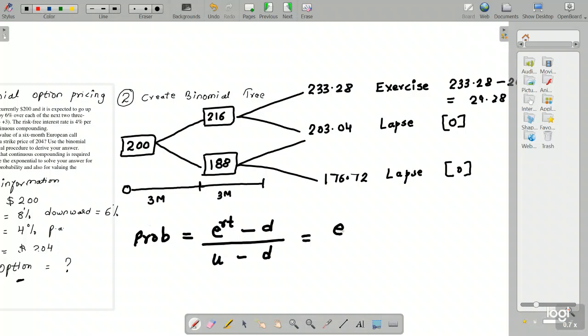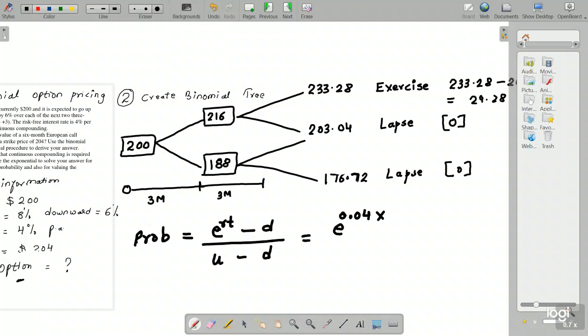So I wrote exponential. What is the rate of return? The risk-free rate of return is 0.04. The time period. Now that's a very important aspect, very, very important aspect here, right? Because what does the time aspect mean? That when we